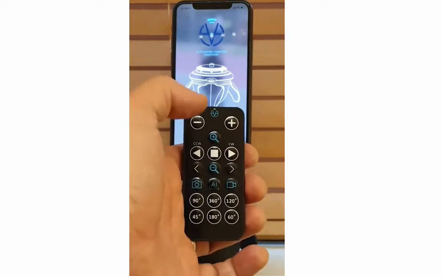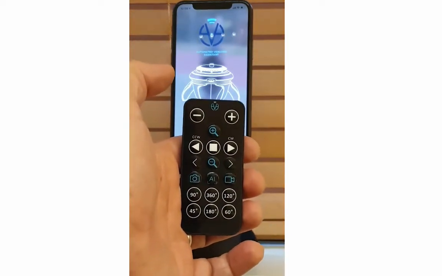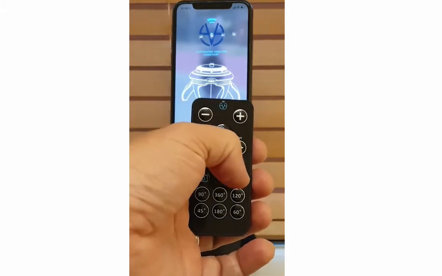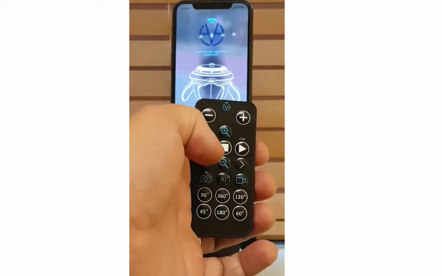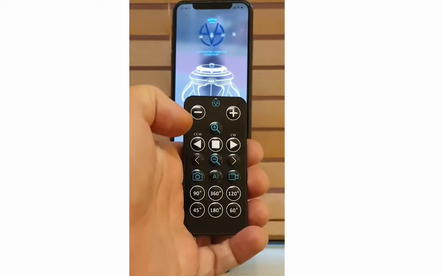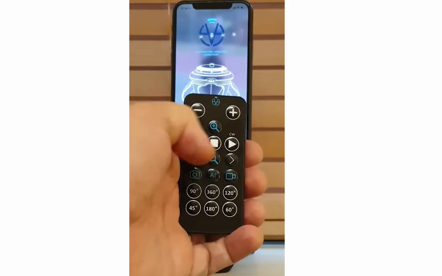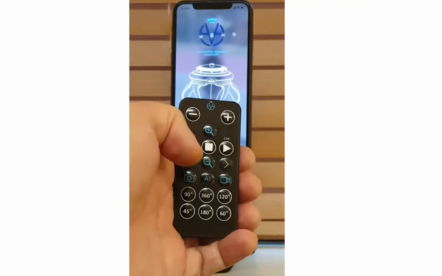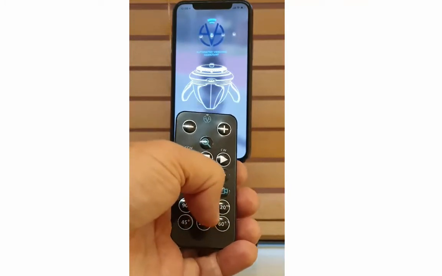You can see here we've got defined direction controls at the bottom. We can toggle video there. We can do AI toggle here and snap a photo from any position there. These left and right arrows here, they're set direction buttons, which will obviously set the direction you want to move